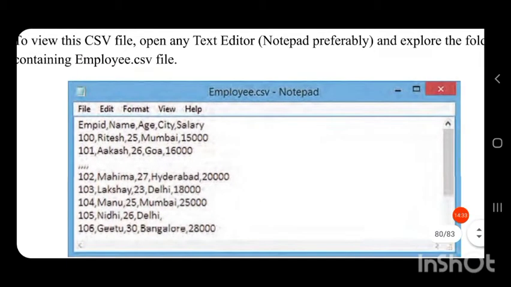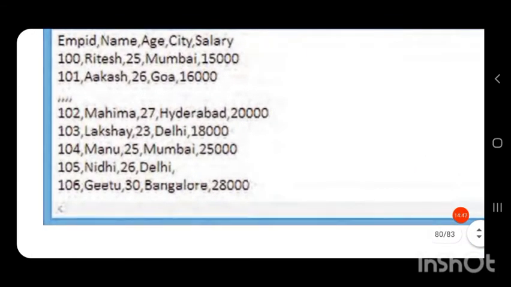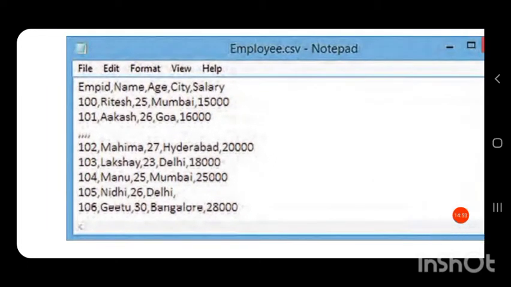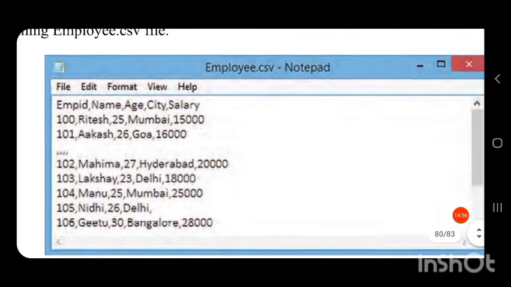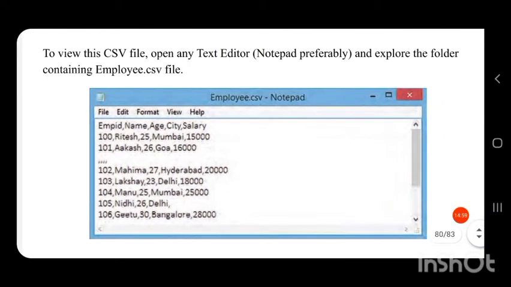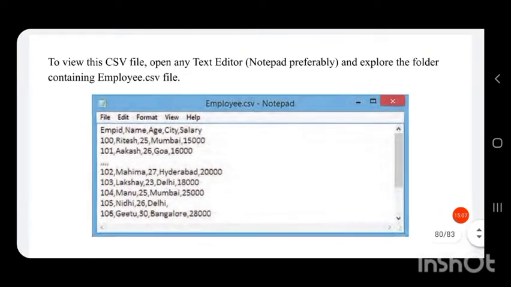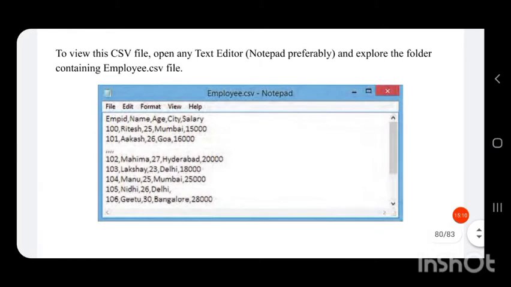But to indicate the empty row there are also 4 commas, to indicate that the values in that particular cell are empty. Here also you can see after the comma no value is there. This is NaN, not a number. Now we have created a CSV file and opened it in Notepad, a text editor. This is how we can view the CSV file. A CSV file is a comma separated file.